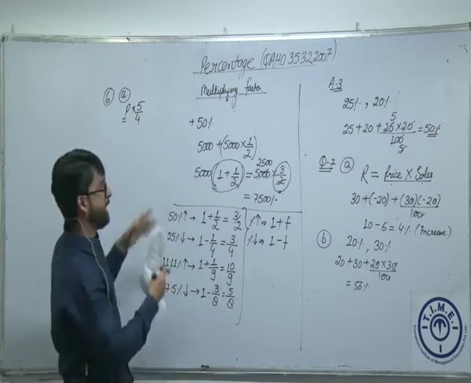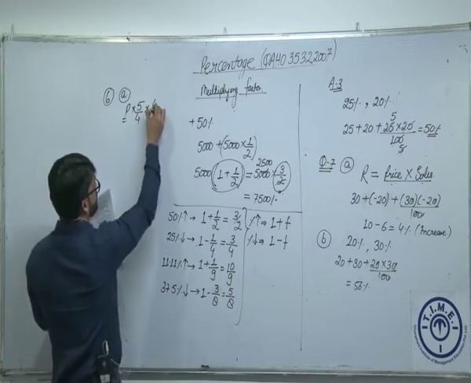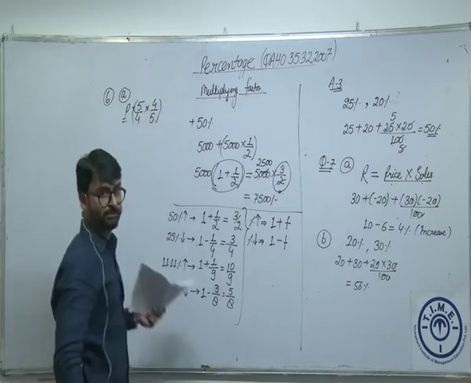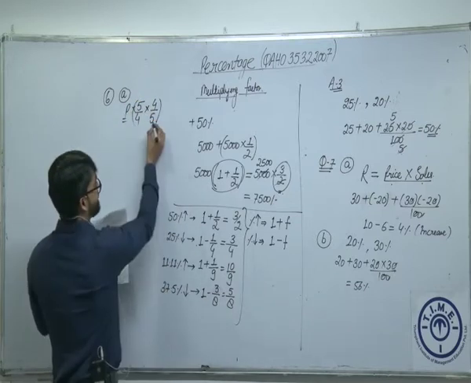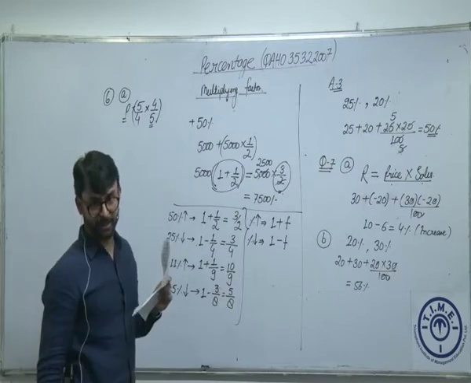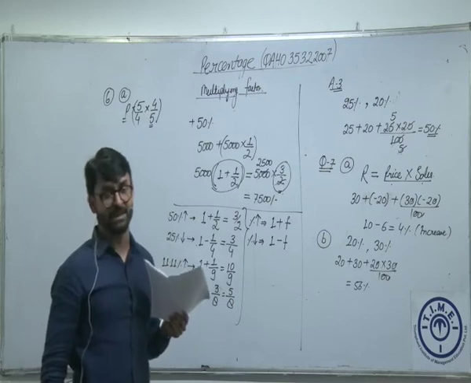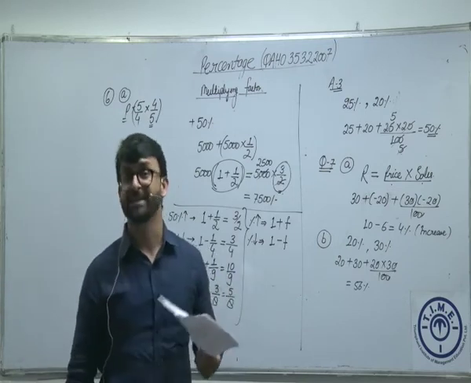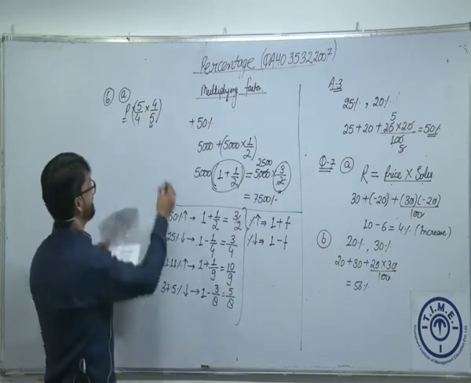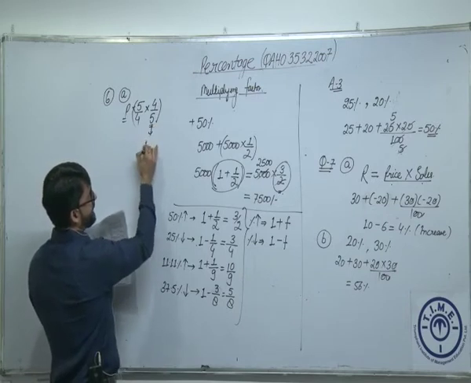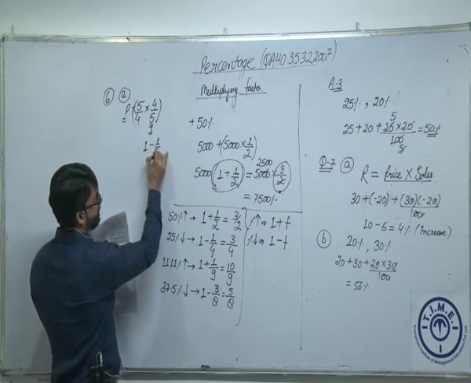Reciprocal of this. अगर मैं ऊपर 4 कर दूं और नीचे 5 कर देता हूं तो ये कैंसिल होके वापस से P बचेगा. This is again multiplication factor. Am I right? It is 4 by 5. 4 by 5 is less than 1 or more than 1? It is less than 1. कितना कम है 1 से? 4 by 5 is 1 minus 1 by 5.